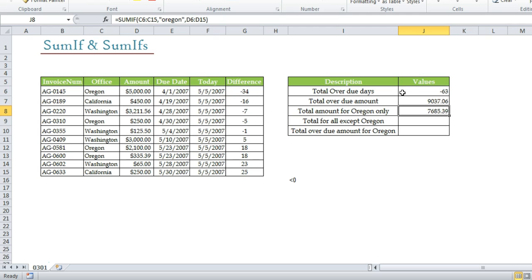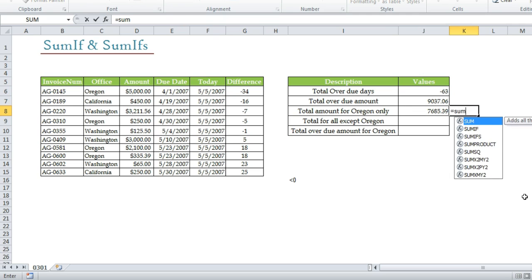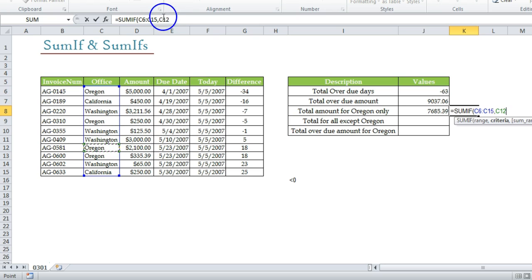I'll show you another way, which is equals to SUMIF, and that is probably a much better way than that. SUMIF range, the one that we have already discussed, comma, now criteria. Either we can type in Oregon in double quotes, or we can actually select a cell that contains the word Oregon, which is C6, or probably this one also, or any cell that contains the word Oregon. So that will work for us. Ultimately it will take up the value in cell C12, comma, now sum range like this.